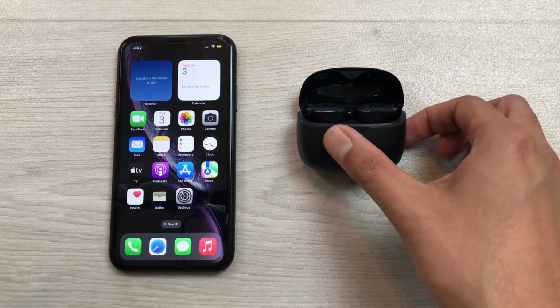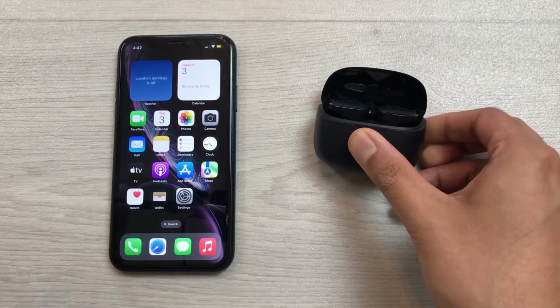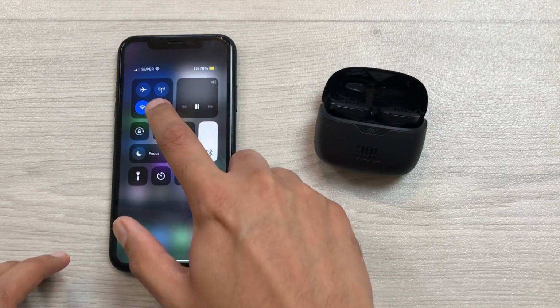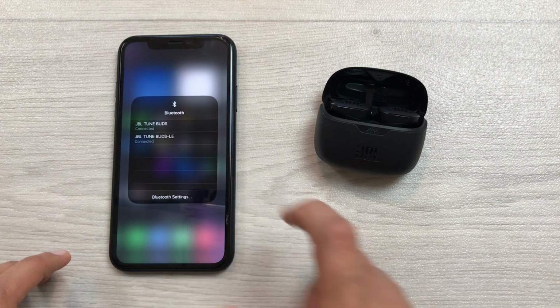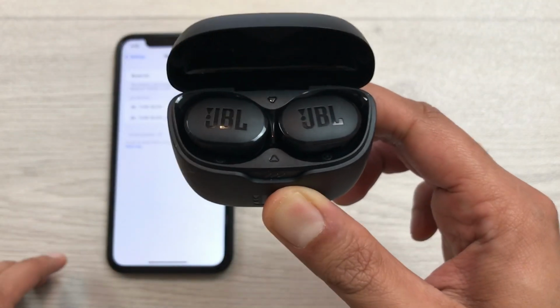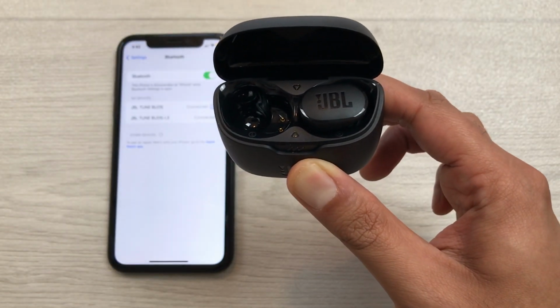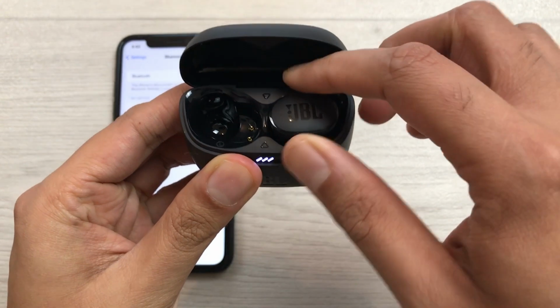The second method for hard reset is by using the earbuds. So first of all, open the Bluetooth settings on your iPhone. So I will open the Bluetooth settings, and now you have to wear these earbuds in your ears. So I will take out this left earbud and I will wear it, and now I will take out this